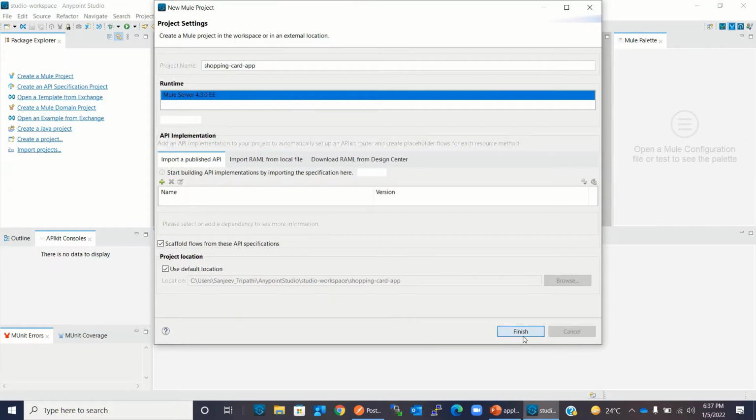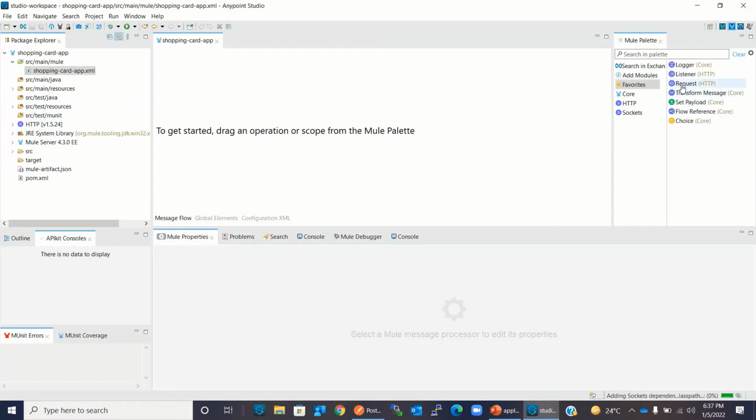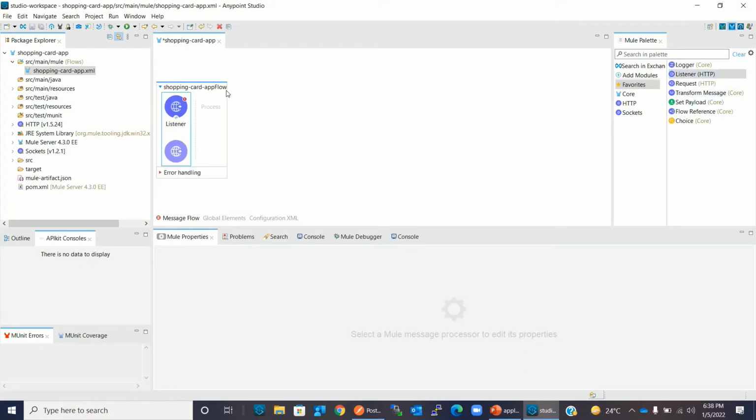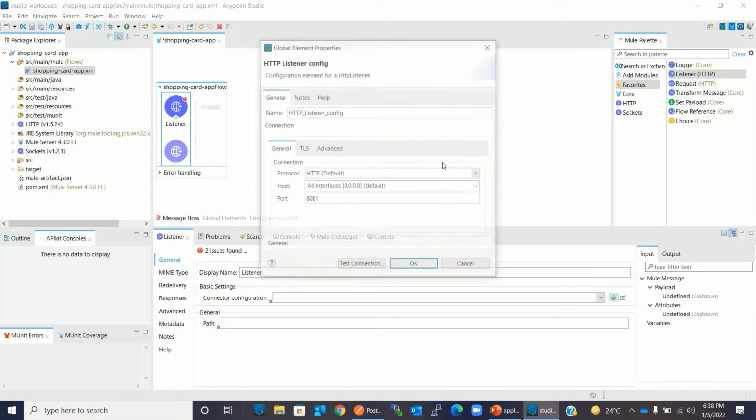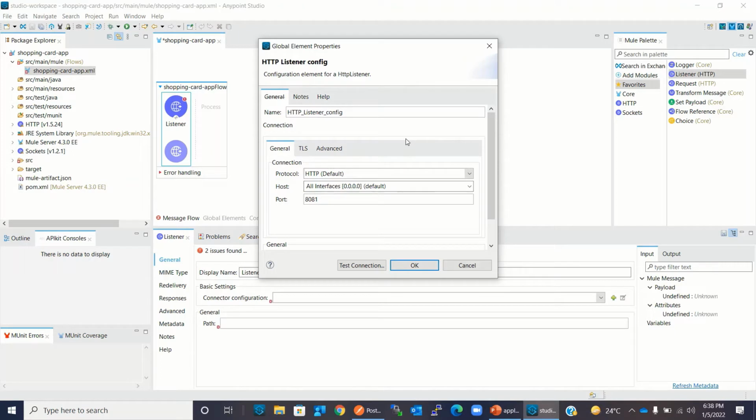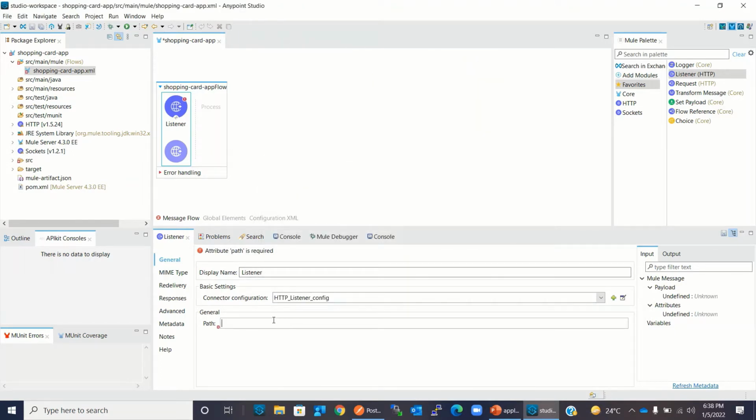Click finish. I will add an HTTP listener. I will add the connector configuration and keep these values default. I will give the path /shopping.